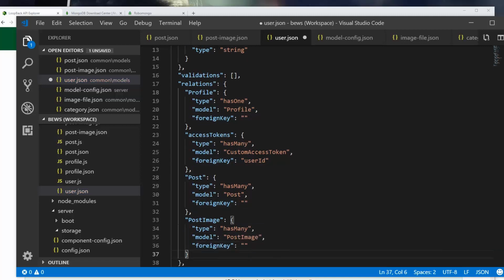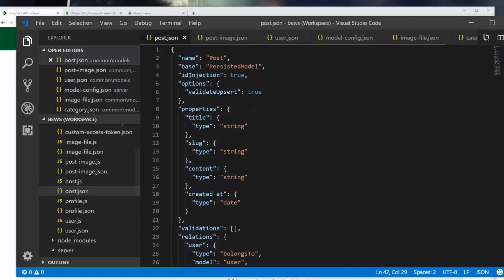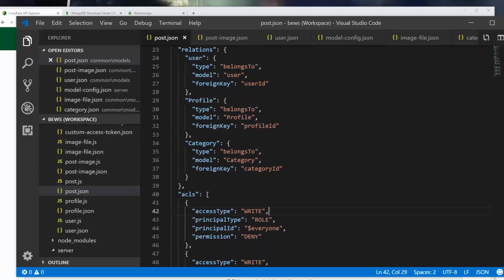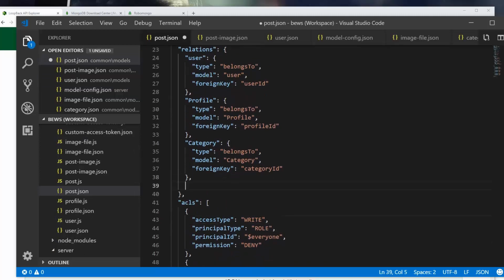And I don't remember why I do this. I think it was probably a bug that was patched, but I still do it. I don't think you have to add the foreign key if it's blank anyway, especially on this side of the relation. However, let's go into post.json, and I'm going to copy and paste this relation here under category,